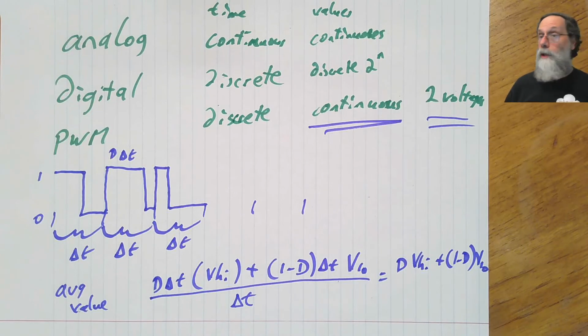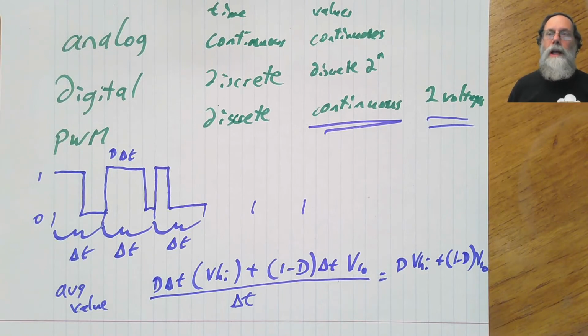So PWM is very cheap. It's much cheaper than building a digital to analog converter, which requires all kinds of analog circuitry that has to be carefully matched. PWM is also fairly fast. It requires very little internal control, just something to take care of the timing. And timing is one of the easiest things to do in digital logic. So PWM is cheap, one advantage.